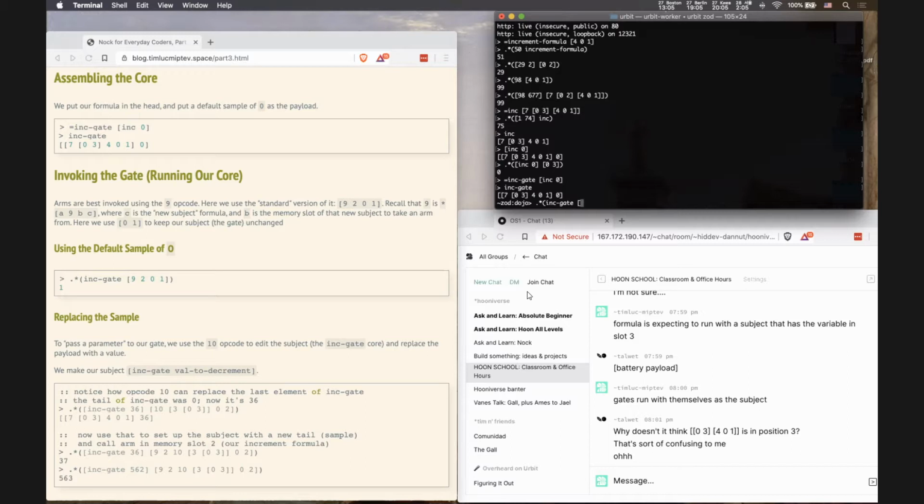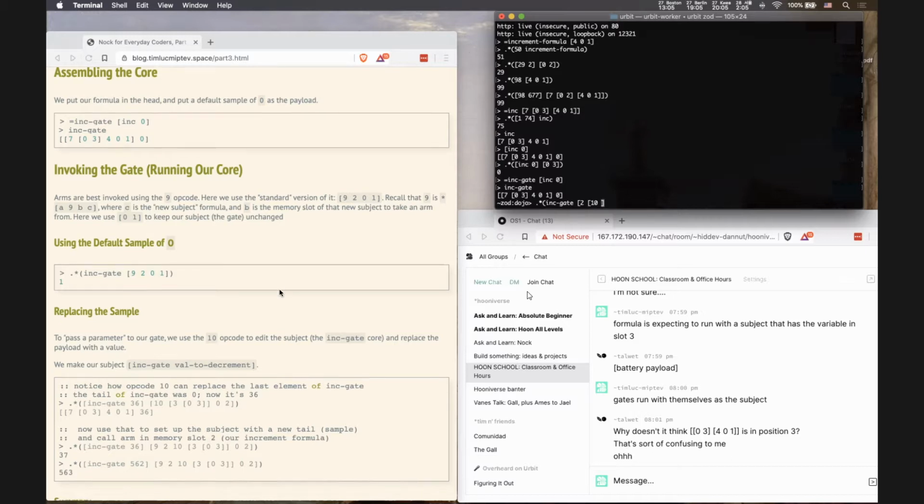We could use Nock 2, which basically says use the first formula to set up the subject, and the second formula to set up the call that's made. So 0, 1 would just be keep our gate. Sorry, actually, it wouldn't be 0, 1. We would want to use one that replaces the sample here. Okay, so you could do something like